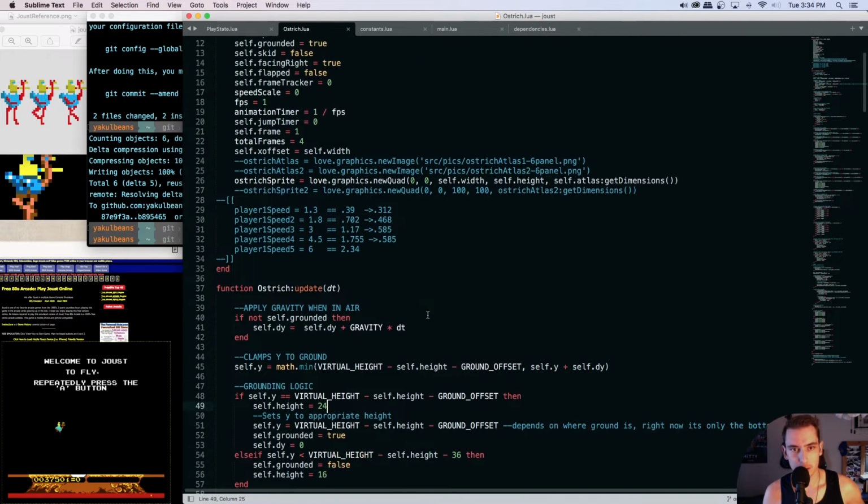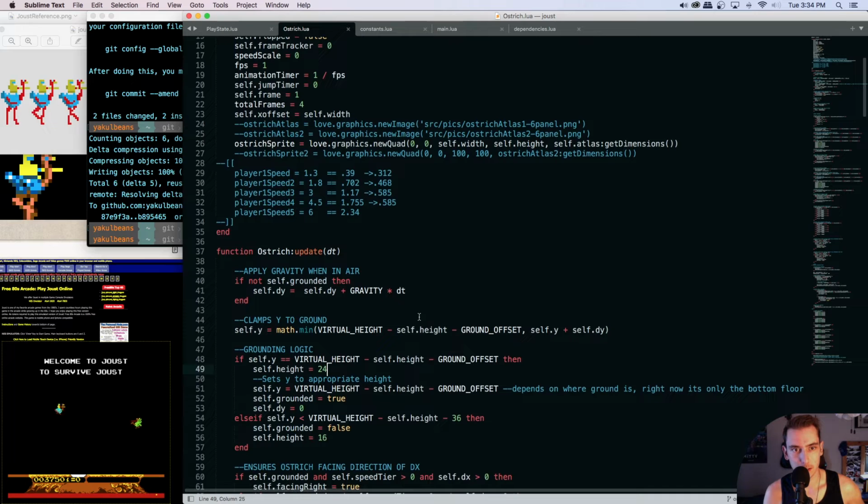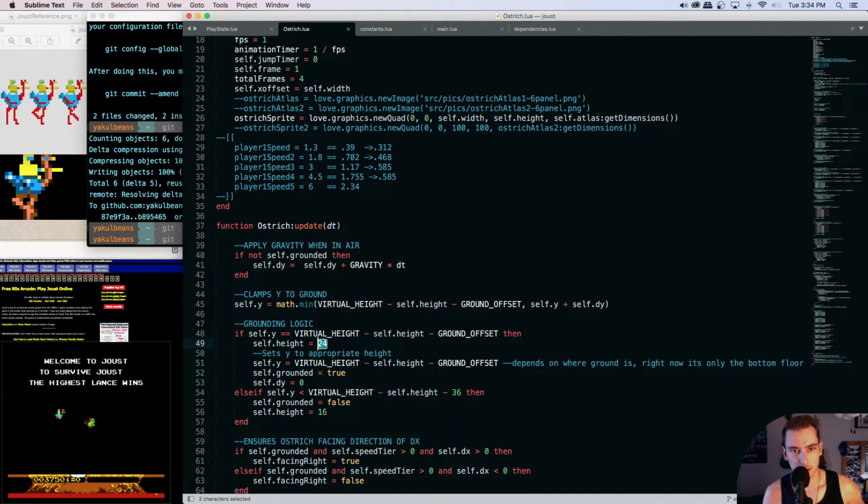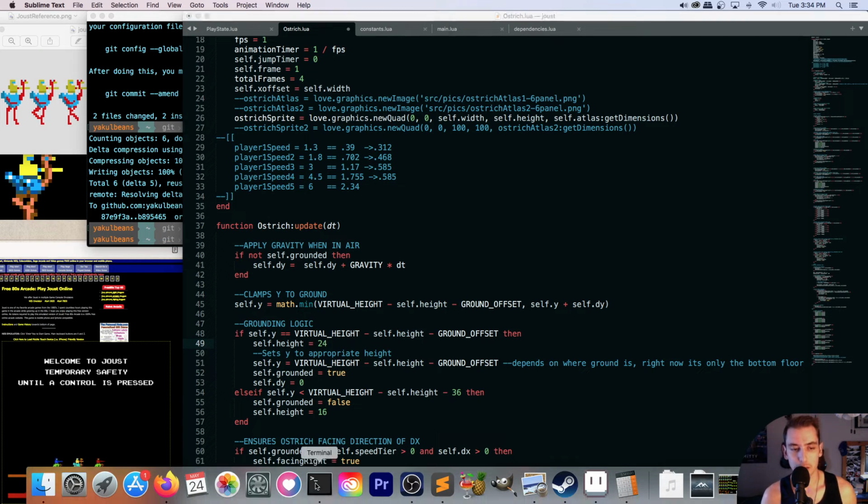One thing I wanted to show you is right here. I had this at the end of last stream. I had this set to 20 because that's what it used to be. But when I made the sprite taller, I forgot to update this to 24, meaning when I was grounded, I was drawing it as if it were a 20 height sprite when it's really 24. So it was cutting off the feet of